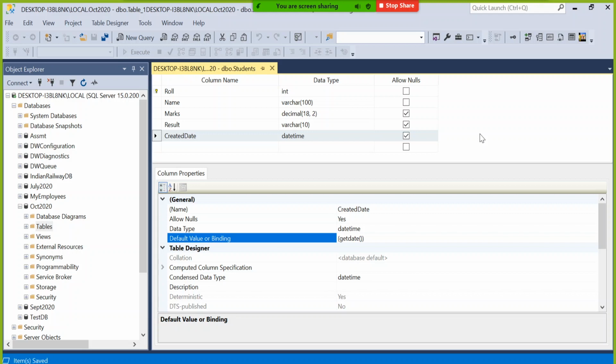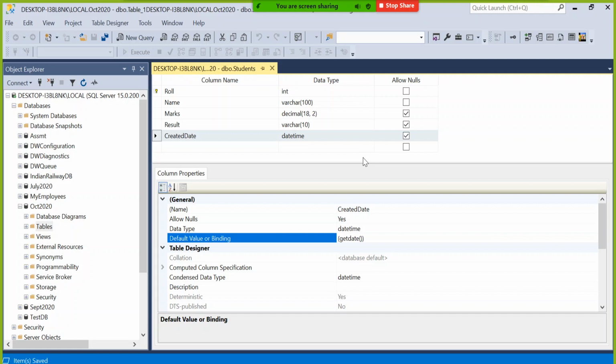Whenever you submit, suppose today you submit at 10:30, you don't need to type 10:30 on the screen and save it. You say that, okay, I submitted the data. It should automatically take the current date and time, because your SQL Server is installed on a computer, and that computer is already recording date and time. Why not take the current date and time from the computer itself? Why pass it manually from the screen? That is our plan.